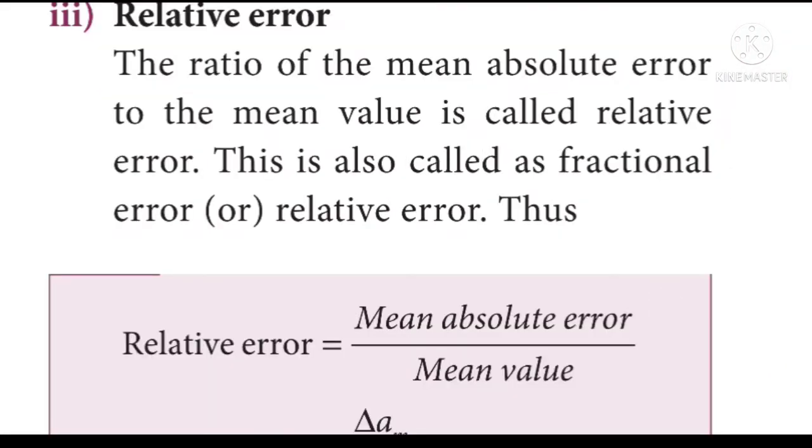Next one, relative error. What is relative error? The ratio of the mean absolute error to the mean value is called the relative error. This is also called fractional error. Once again I repeat, the ratio of the mean absolute error to the mean value is called relative error. The expression for the relative error can be written as